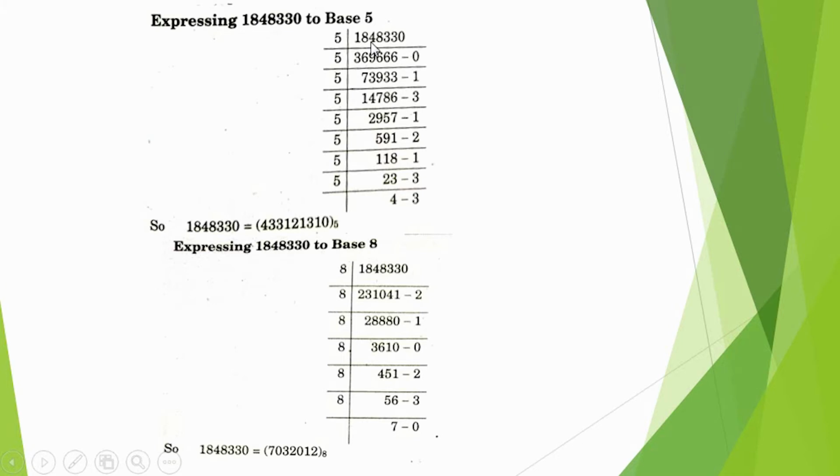5 3s are 15, 4 becomes 34. 5 6s are 30, 8 becomes 48. 5 9s are 45, 3 becomes 33. 5 6s are 30. 5 6s are 30 and 5 6s are 30, 0. Okay. Now 5 7s are 35, 9 becomes 19, 5 3s are 15, 6 becomes 46, 5 9s are 45, 6 becomes 16, 5 3s are 15, 6 becomes 16, 5 3s are 15, 1 becomes carry.